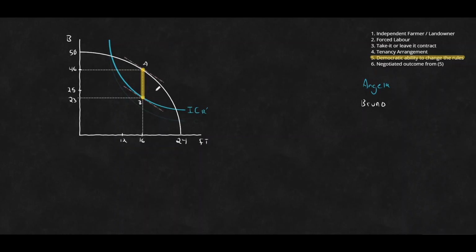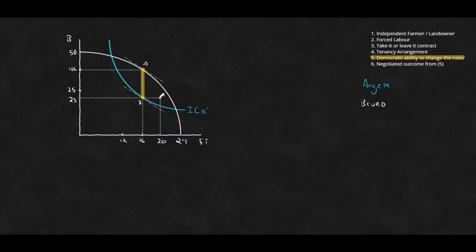So you know what? Maybe let's be a bit more. Let's go on the other side. We'll call that point C. And if we were just to drag out and see where this is, that is 23 bushels and approximately 20 hours of free time. The question is, why would we be better off on here than we are at C?